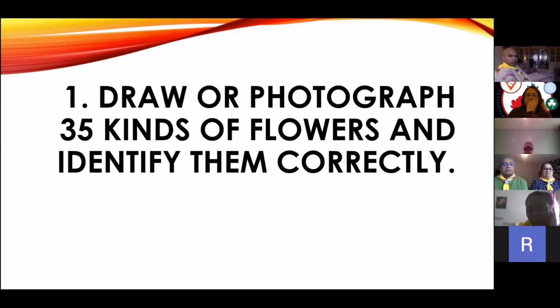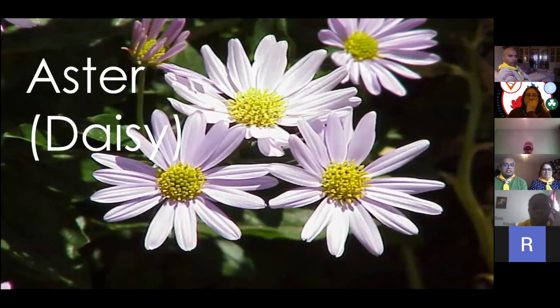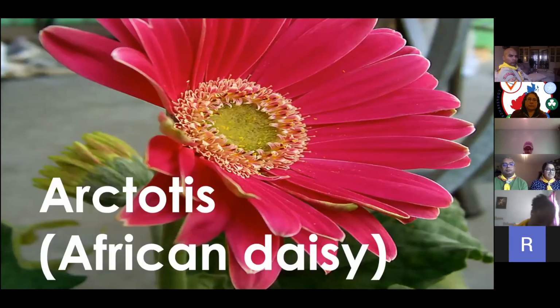The first one is the Aster from the Asteraceae family, or daisy. I'm sure you've all seen this flower, and children like making daisy chains with the smaller version of them. You can see it in your garden, where it grows as a weed and also as a grown flower. It's very common in our locality as well. It comes in different colors. Here you can see an African daisy, very bright colored. Chamomile, again another